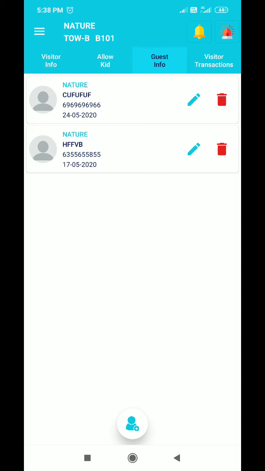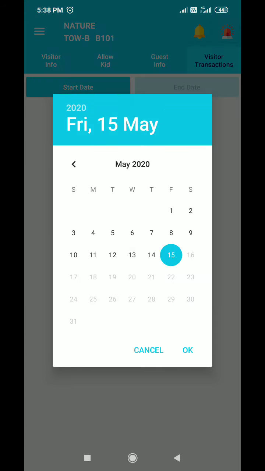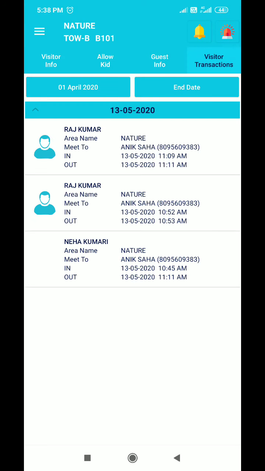If you guys have any queries or any kind of help, please feel free to ask us. Okay, the last one, visitor transaction. This will help you find out how many people visited you in a particular period.